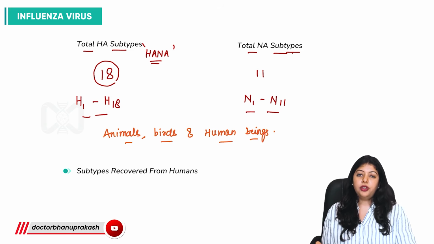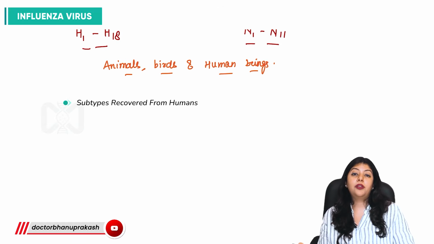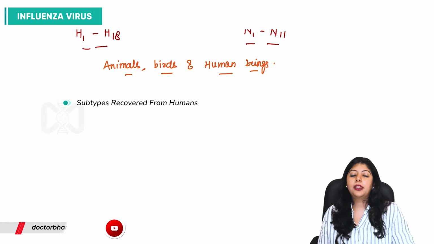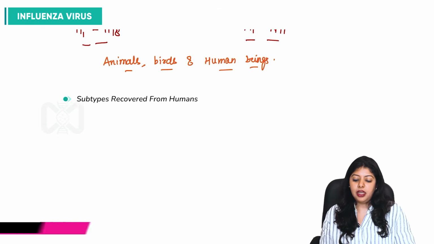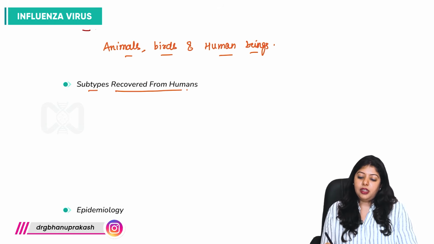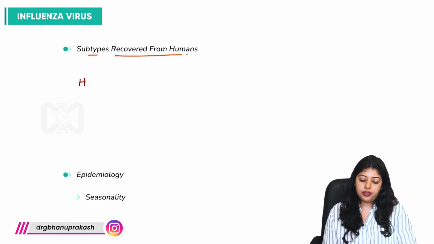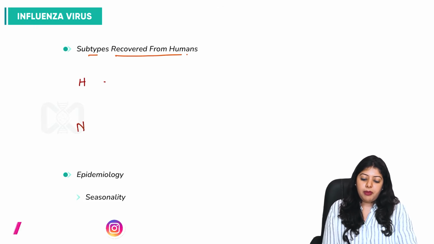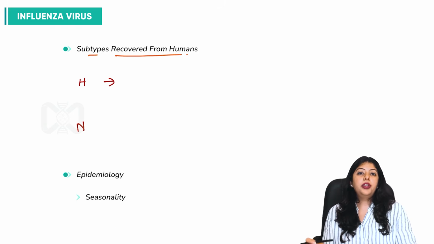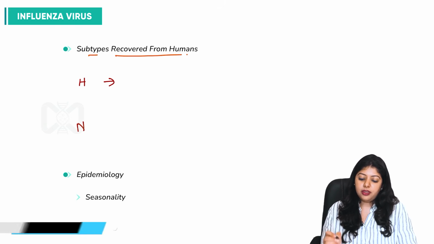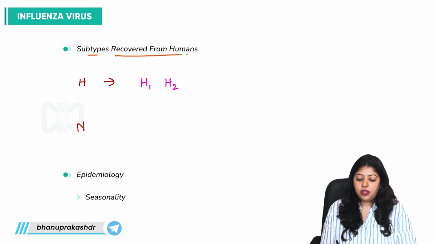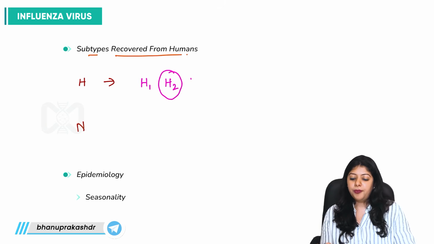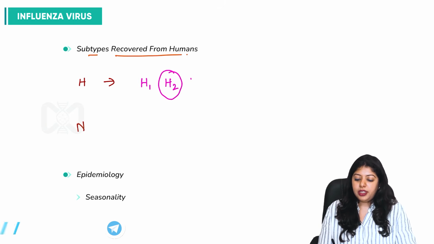Now comes the important question: what are the different subtypes that have been isolated for human beings or are associated with human beings? So these human subtypes are, firstly let us talk about H and then we'll discuss N. Remember, for H we'll take up all the odd numbers first. The ones discovered from humans are H1, and only H2, it is the odd one out because it's an even number. So the next odd number, it is H3,